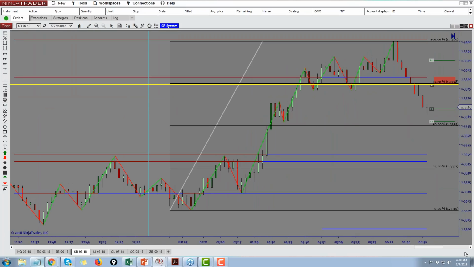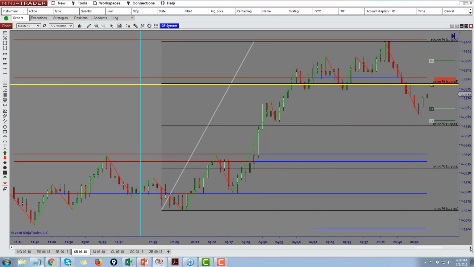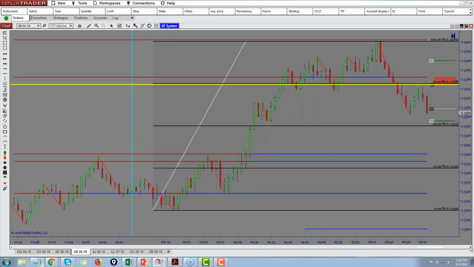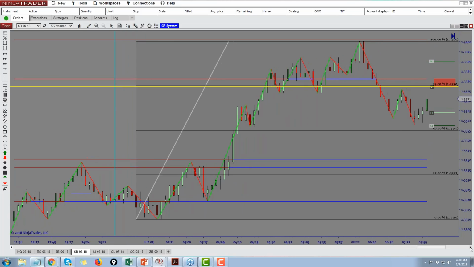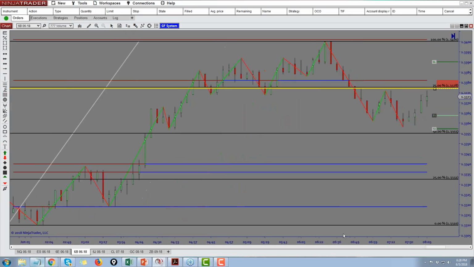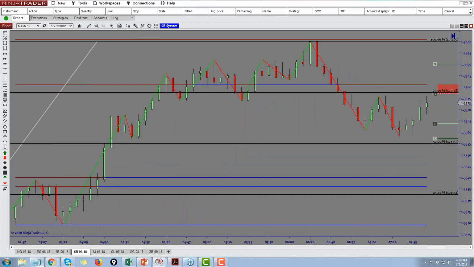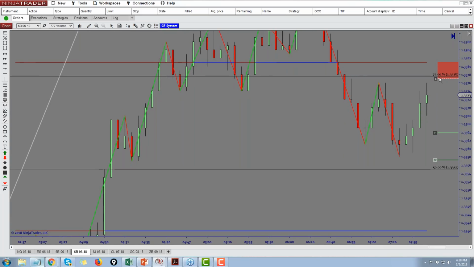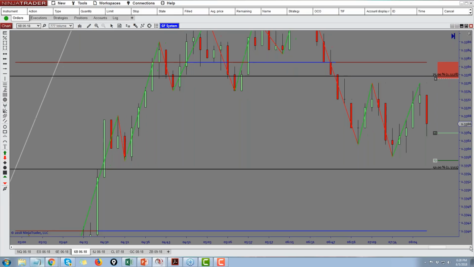See what I'm saying? Re-entry didn't quite get there. It did hit your targets though. Now hold on a second here. If there's a structure place right here, can you re-enter this? If it came up and hit it, without closing above that,